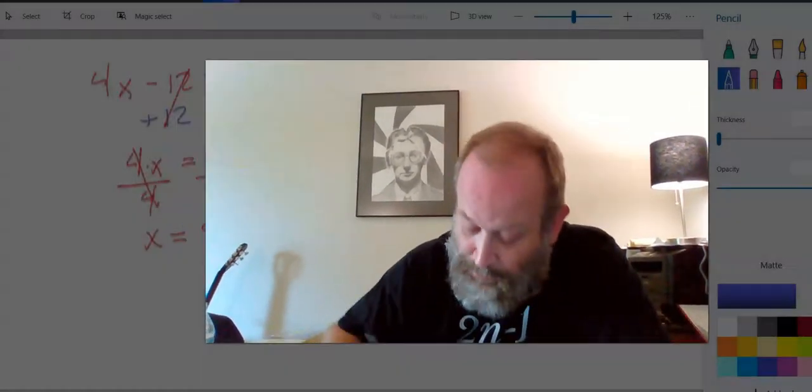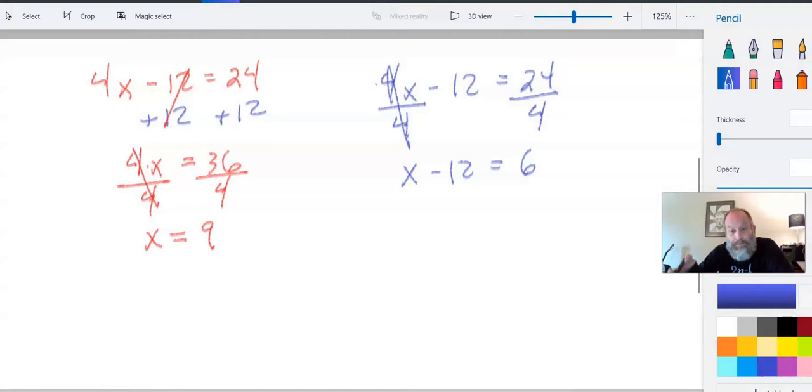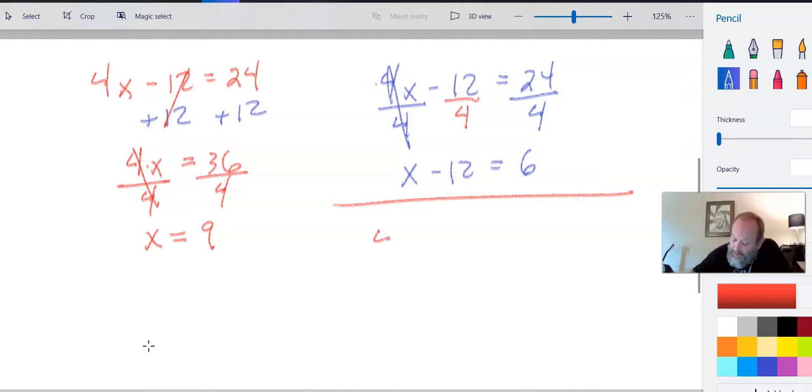Okay, well, here's the problem with that. When you're looking at this, you can divide by 4 first. It's usually not very practical because you have to divide the 12 also. You can't just divide the term that has the x in it. It's got to be every term through the whole thing if you're going to divide. So here's why that didn't work, because I can see what you did here. You added the 12 over and you got 18. What should have happened here,